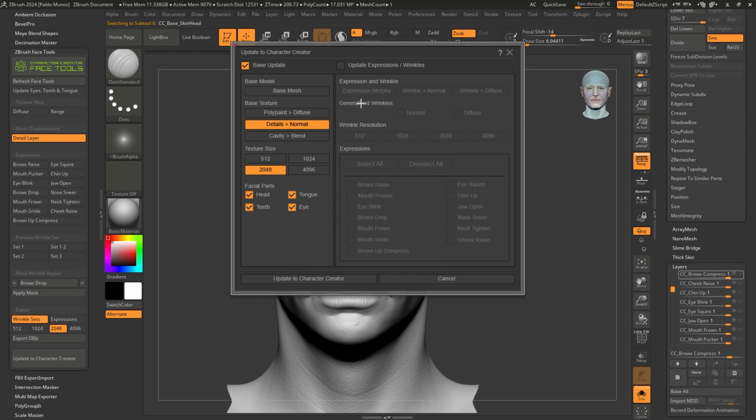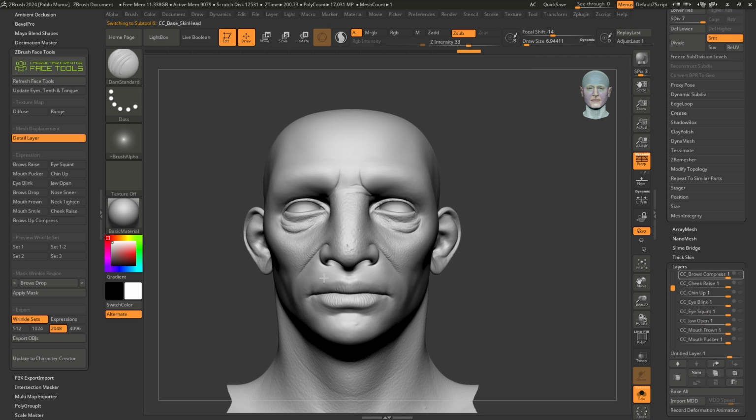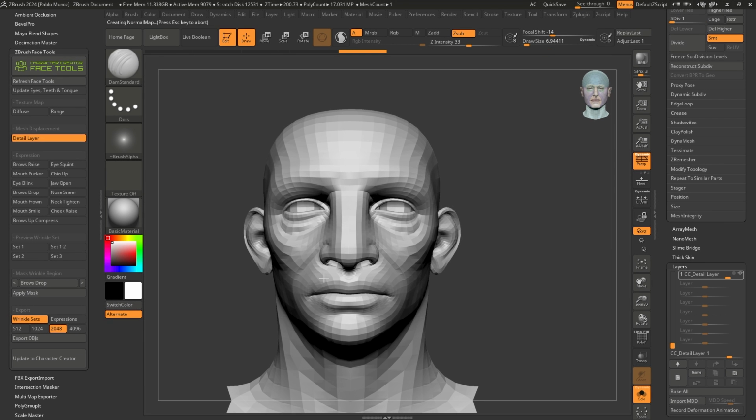And here we have the pop-up. And this time, I'm going to do the same thing. I'm going to send the details or convert the details to a new normal map. I'm going to send it as a 4K, actually, so we can check the difference. And this time I'm not gonna send the teeth, the eyes, or the tongue. This is the reason why we got those pop-ups before, because we didn't have any subdivision levels. So I'm just gonna send the head and click on update. And there we go, it's going through the process, and as you can see, it's not having any issue with the pop-ups.